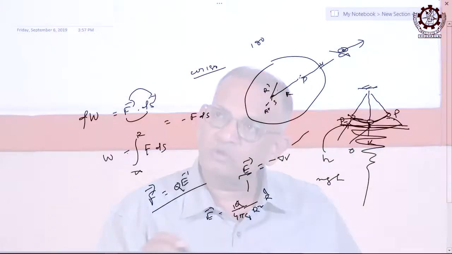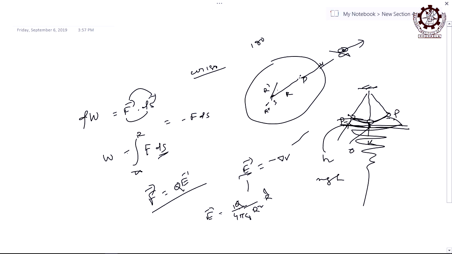So now this is the force, then put the ds. So what is the integration now for? This Q by 4 pi epsilon 0 R square, right. It is constant, it will never change. So take it outside, and do not confuse, this is not a surface integral, this is line integration. We are coming along a path, right, it is line integration. Either you can write S or R, it does not matter, but you are coming from infinity to R. So it will be how much?